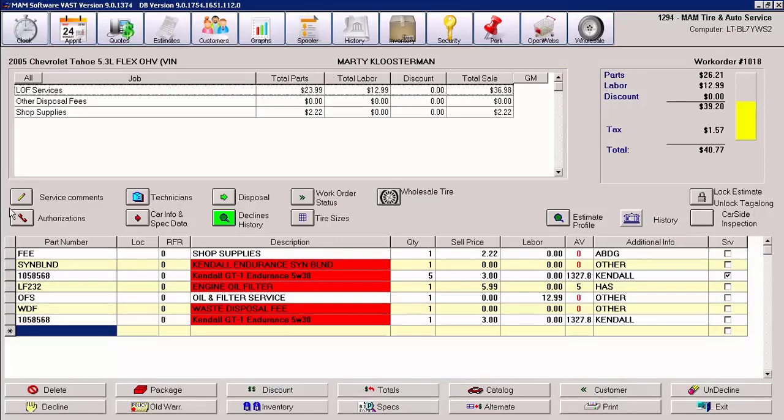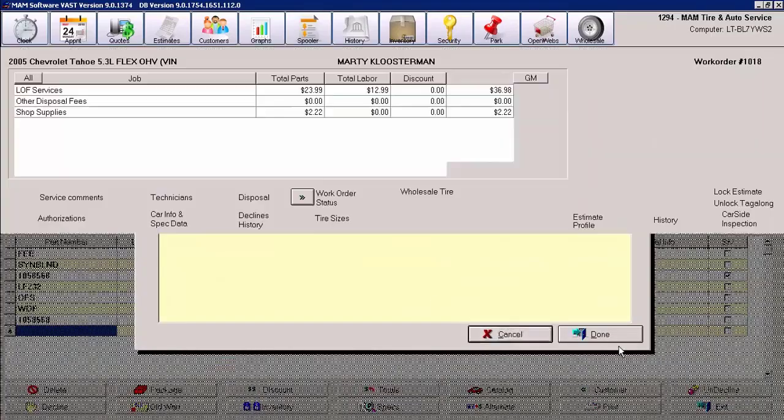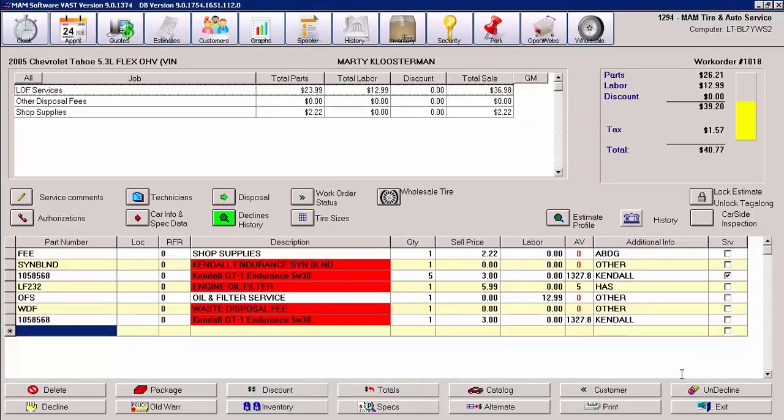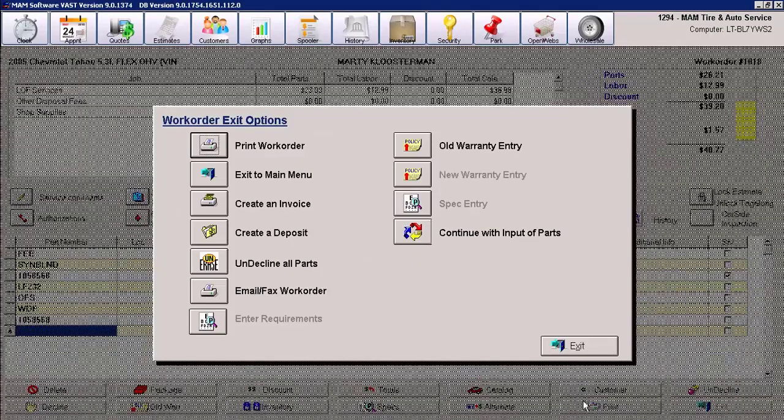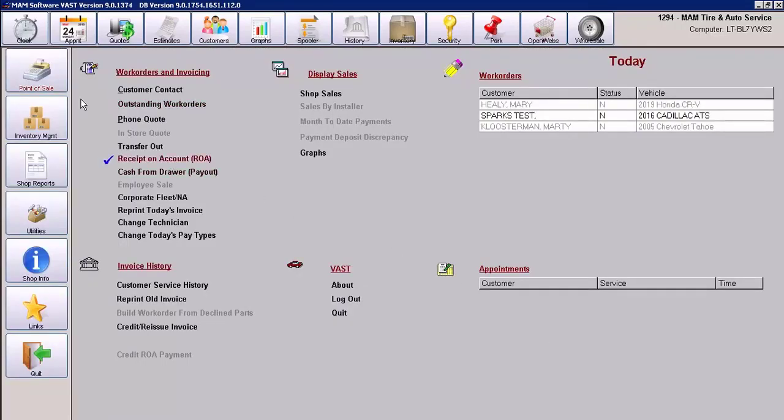Once I've captured the customer's service comments, I could then print that repair order, or I could choose to exit out of the repair order in the bottom right hand corner. When I click on exit, I have several choices from the exit work order options screen where I could print the repair order or work order, exit to the main menu, create an invoice, email or fax a copy of this to the customer, or hit continue with input of parts. In this case, I'm just going to hit exit, and it takes me back to my main point of